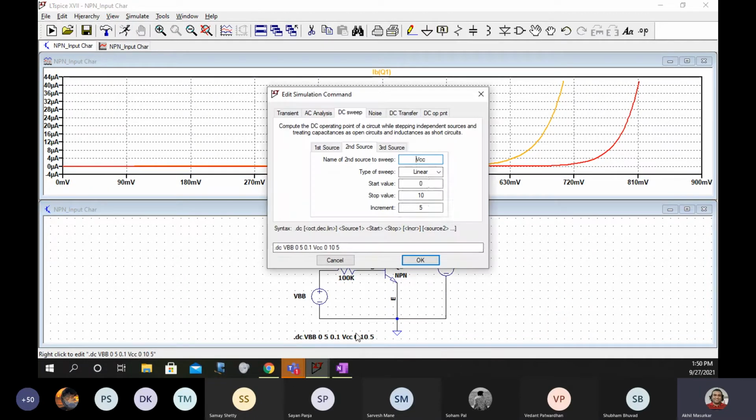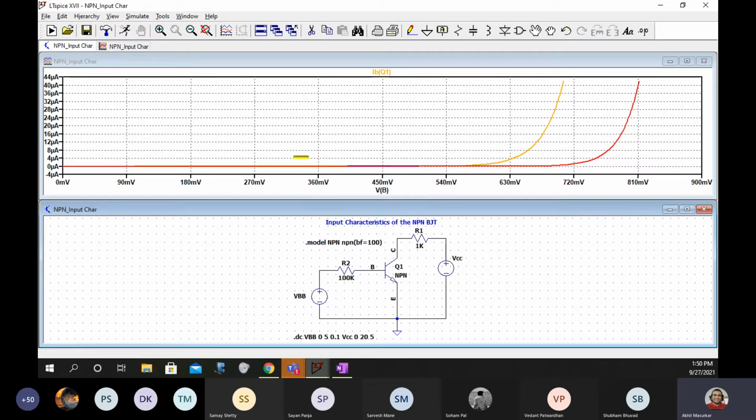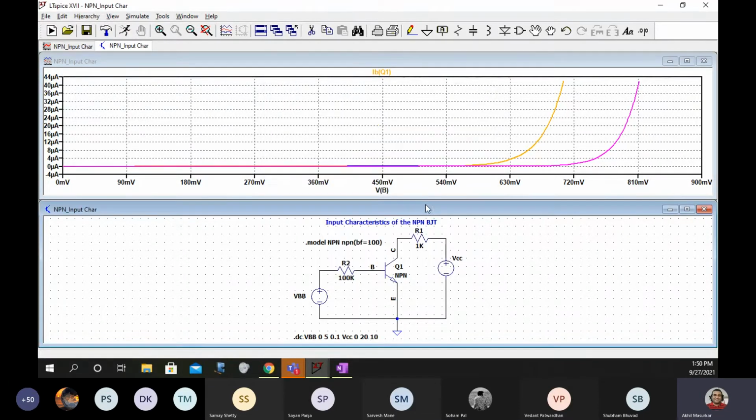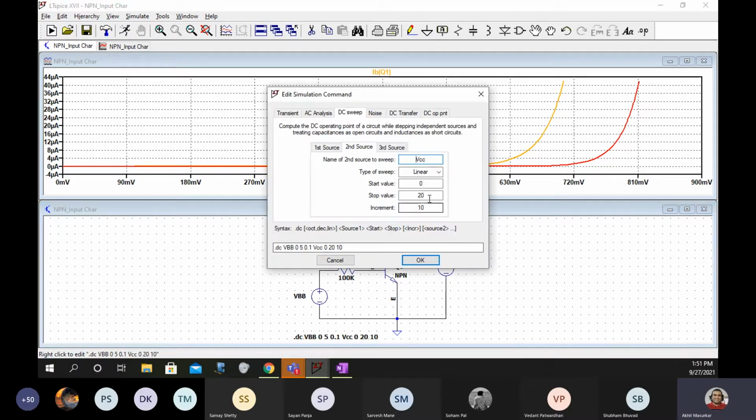You can also go VCC from 0 to 20, then try to simulate this thing. So you get like one and the same thing. It's up to you what you want to plot.